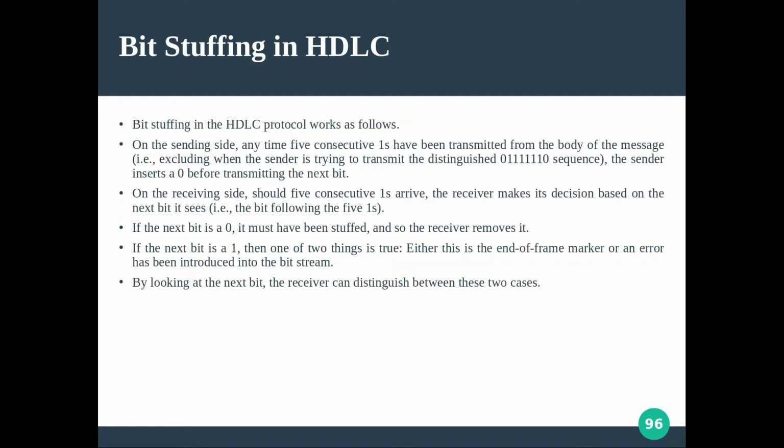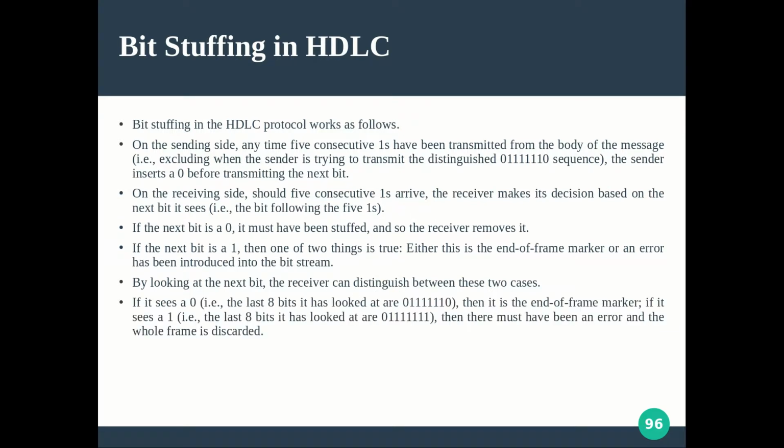Following the fifth bit, if a 0 comes, you will destuff and proceed. Following 5 ones, if a 1 comes, then it has to look at the next bit also. I mean one more bit, that is the 7th bit, by which the receiver will distinguish between the two cases, that is, whether it is an error or an end delimiter pattern. Now if that 7th bit observed is a 0, definitely it is going to be the end delimiter pattern. Then it is the end delimiter frame and it will stop reading at that point, or it will communicate it as a single frame to the higher layer. So that frame reading is completed, that is the meaning.